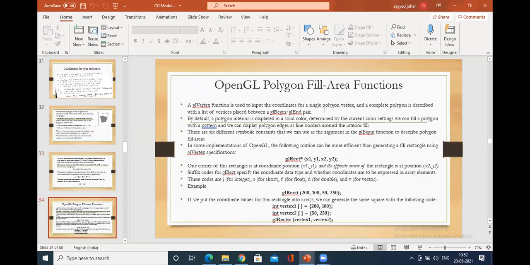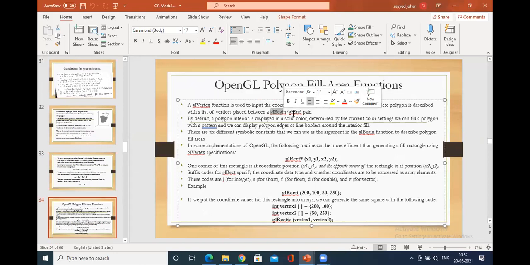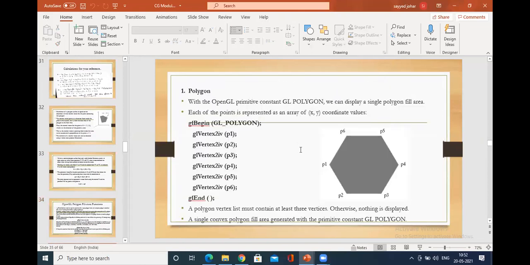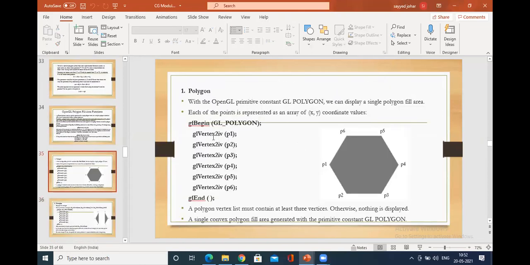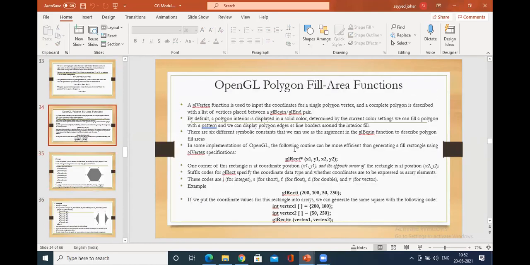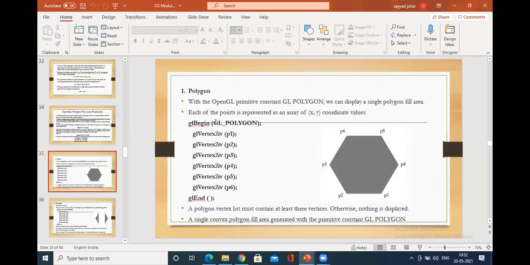So then we have come across OpenGL fill area functions. Explain any one of the OpenGL fill area functions. So how do you write fill area functions? By using glVertex, remember? We use glVertex in between glBegin and glEnd within the display function, glBegin, glEnd, within which we are using glVertex. So remember the OpenGL polygon area functions. What is that function? glVertex. How do you use that? That is within glBegin, glEnd. This I just explained in the last class.